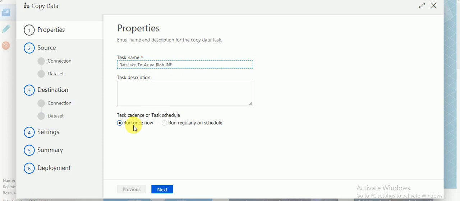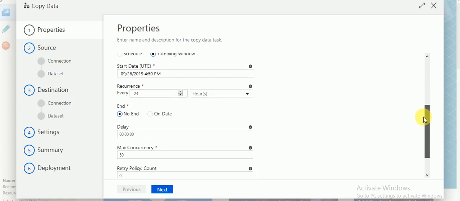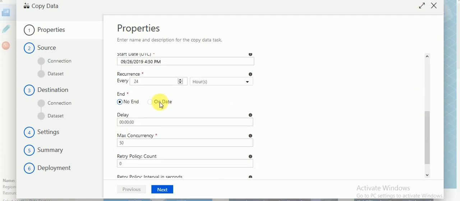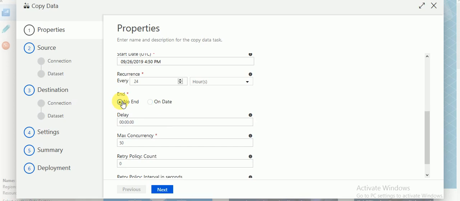If you want to run once or if you want to run regularly based on your schedule. Run once means it will be executed only once, and daily if you want to run this, you can make it this schedule. Like here you can see tumbling window, or you can say schedule. There you can select the options. End date, if you want to select a particular end date, like next 1 year, if you want to run this job, you can select the end date like this particular date. No end date. So like this, every 24 minutes or hours or like that, you can select here recurrences, and start date when you want to start this, and